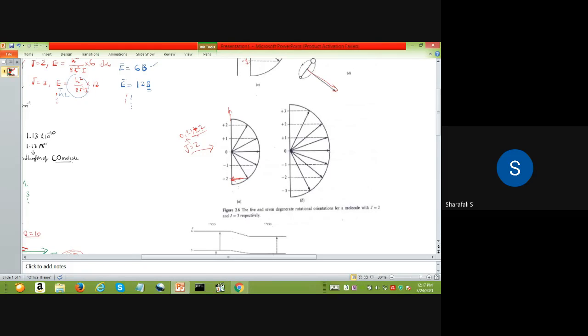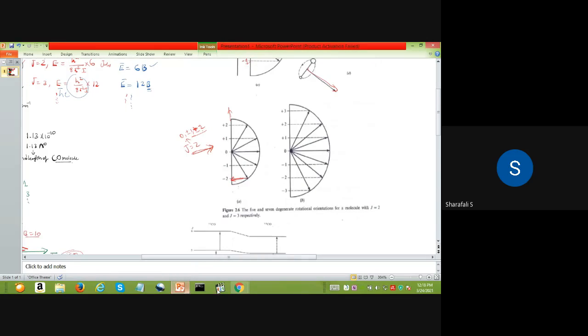According to that, we will have different angular momentum directions, and the rotational energy will be the same, but the direction will be different. So with respect to these different directions, we have different degenerate states, which means they have the same energy but different angular momentum directions. So this is the degeneracy in rotational